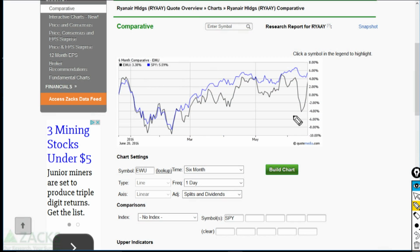And if we look to recent charts, we can see how the shift in the Brexit vote and the polling has really been impacting this fund as of late. If we look to this 6-month chart, we can see that EWU versus the S&P 500, pretty much it's been a 1-to-1 correlation here to start 2016. But once we rolled into March and into the summer months here, we can see a bit of a divergence, and especially in this last month and a half, and that's really largely thanks to new polling on the Brexit